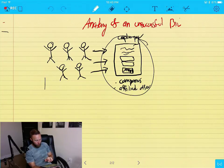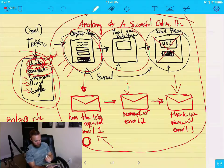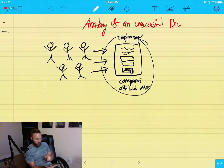That's why it's so important here to have your own funnel, to have your own capture page, right? To have your own bridge video, and then you can send people to somebody else's sales page over here. But what most people are doing is they're sending people straight to the company's capture page. They're sending people straight to the company's